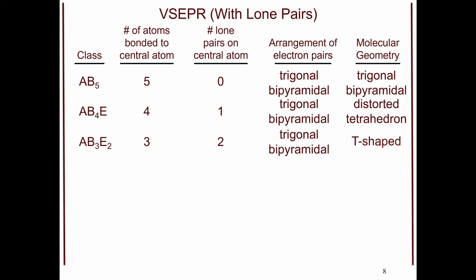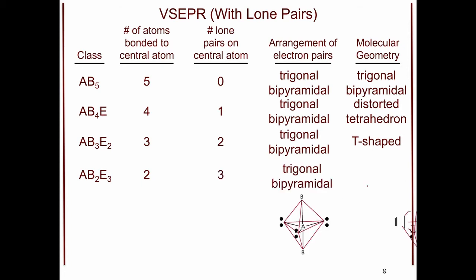Finally, we can do one more molecular geometry with our AB5 parent group. This is known as the AB2E3 group. This is the only molecular geometry in which our lone pairs of electrons outnumber the bound atoms to the central atom. So now we are going to have 2 atoms bound to the central atom. We are going to have 3 lone pairs of electrons. While it starts with the trigonal bipyramidal electron pair arrangement, we are now going to go to the linear molecular